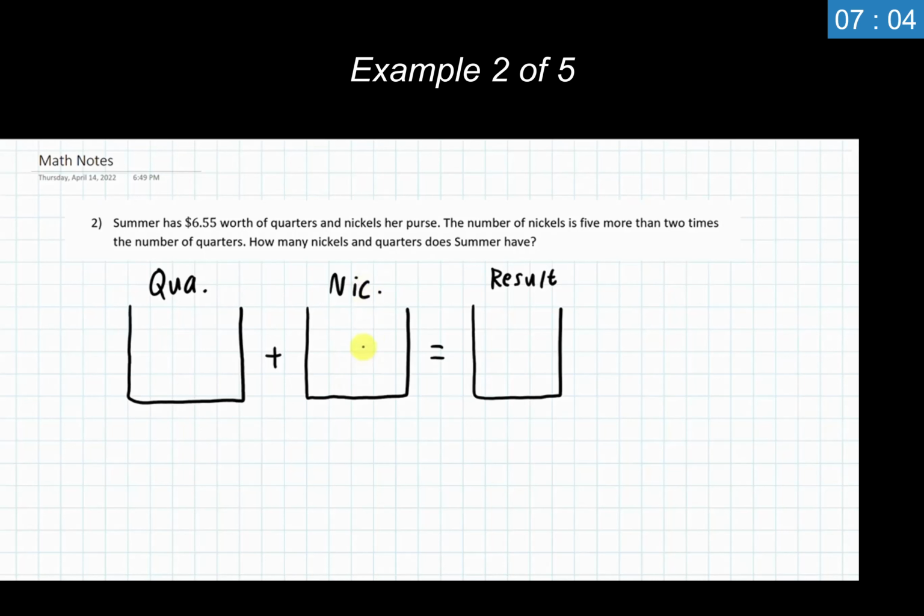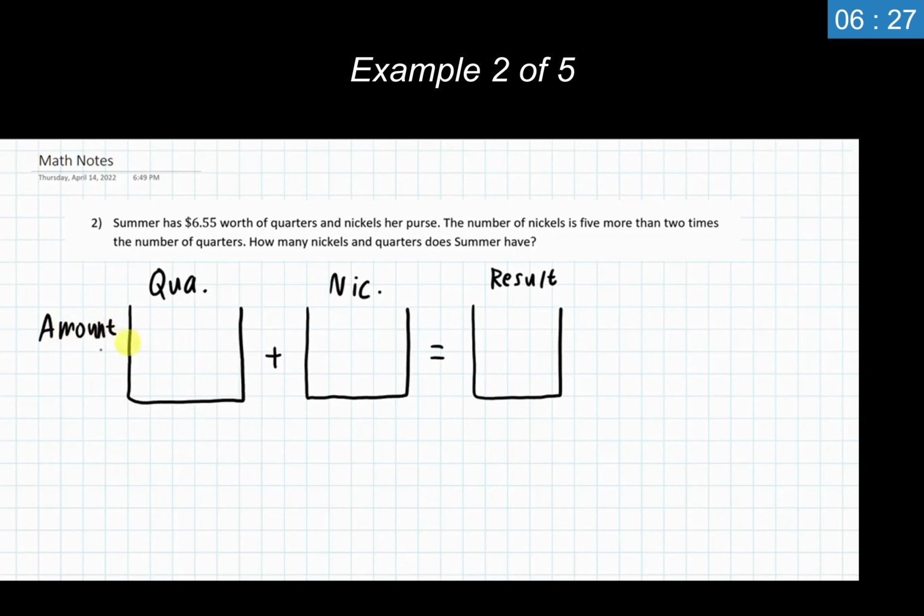Now, like we did with the table, we need to have some information that's going to be inside the buckets. And then we have a second row, which we're going to put just right below the buckets. For me personally, I always like putting the amount of something right here to label inside the bucket. I could visualize an amount of stuff inside of a bucket. I could visualize what 10 quarters looks like, or 50 nickels, or something along those lines. So I'm going to write in the amount.